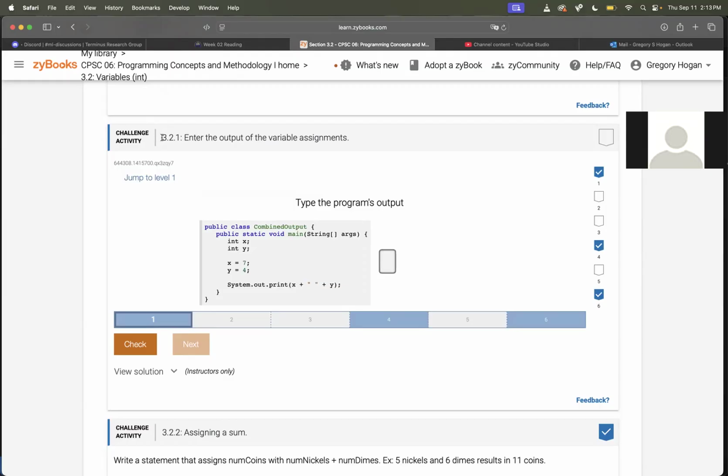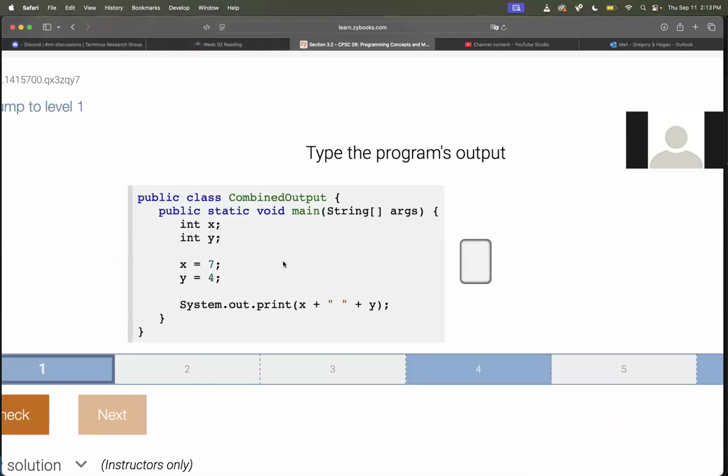In this activity, 3.2.1, what we're doing is predicting the output of a program. You're supposed to be at this point starting to understand how these variables work and how System.out.print works. The first two lines inside the main, int x and y, declare integer variables x and y. The next two lines, x equals 7, y equals 4, assign x and y values. So now x will store a 7, y will store a 4. And then the last line of our program here,